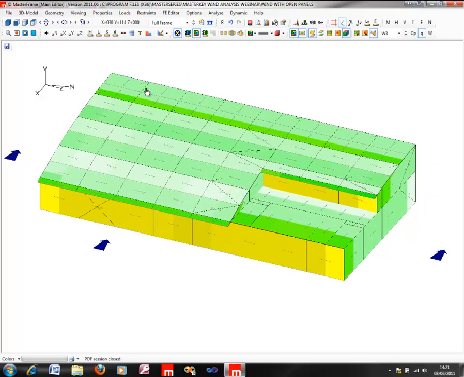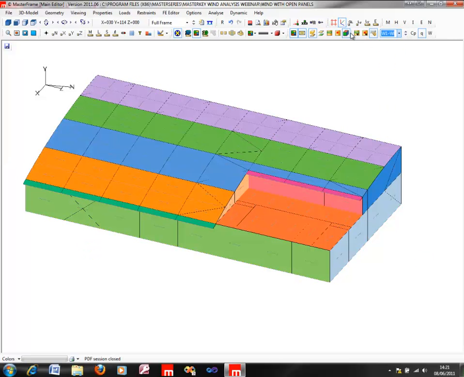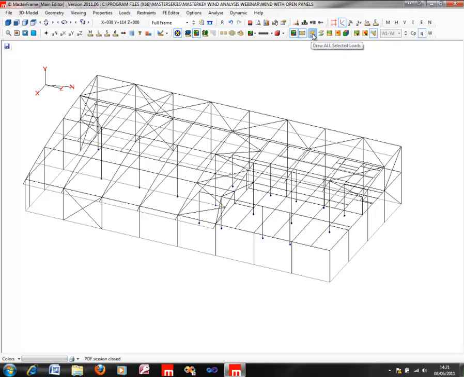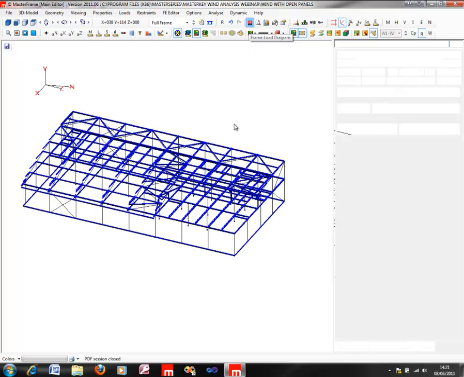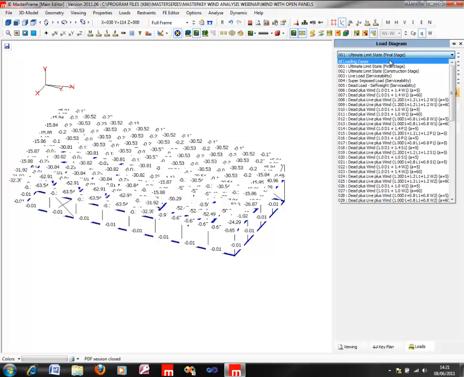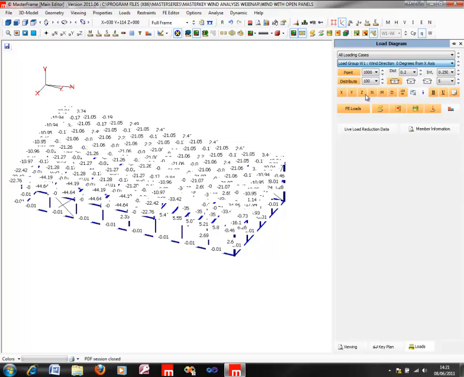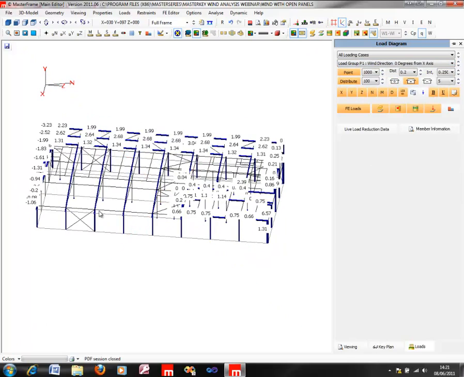Furthermore than the actual overall drawing of the wind, we can also look at the detail of the wind loading application in what the actual values are that are on the members. We can do that in two ways. We can look at an overall wind loading or loading diagram. Now we're looking at quite a messy space of all the loads in the structure here, so we'll just want to look at a particular load case. So for example the W1 wind loads, let's have a look at those,